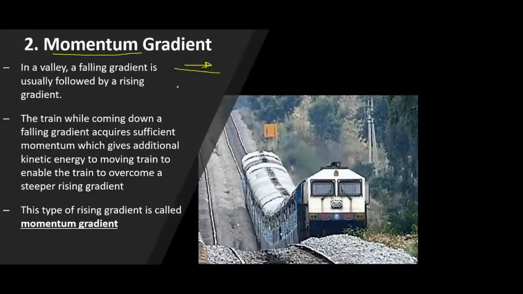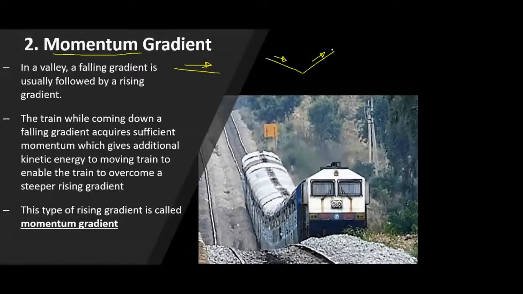And then, suppose in a railway, if we have to reduce the work done by the engine, so generally it is preferred that a down gradient is followed by an up gradient. I have just exaggerated the gradient over here for your understanding. So if I provide this kind of a gradient, a down gradient followed immediately by an up gradient, whatever will be the velocity gained by the train on this down gradient, it will convert into momentum, and that momentum will be utilized to